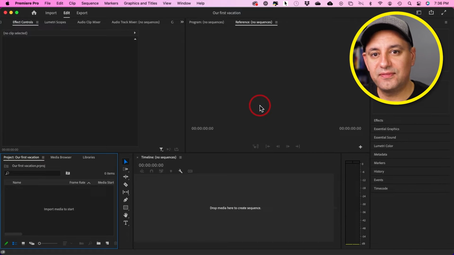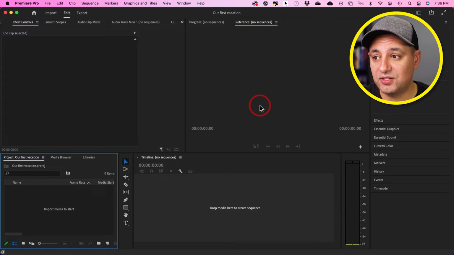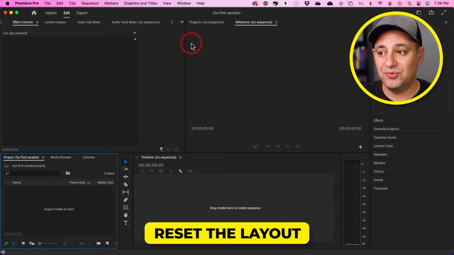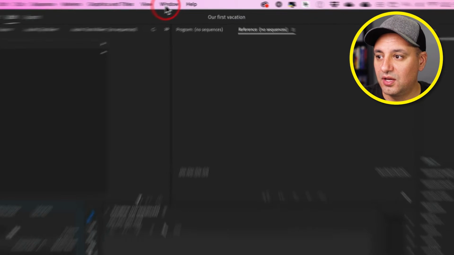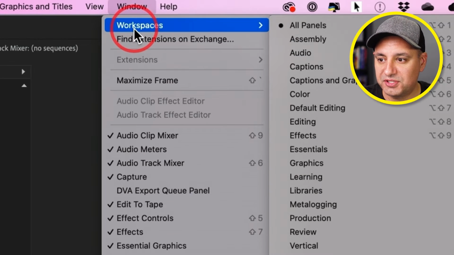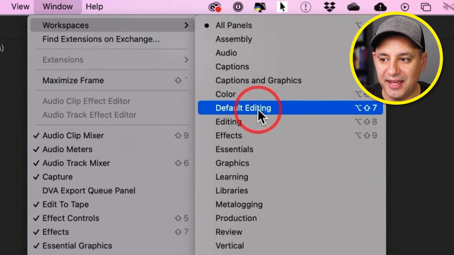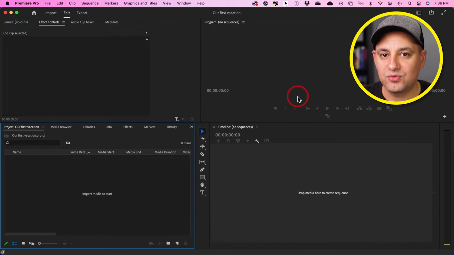Now you're inside of Adobe Premiere Pro, but before we get started, let me show you how to actually reset your layout. So you're looking at exactly the same thing I'm looking at. It's gonna make it much easier to follow along. Go to Window, go to Workspace, and choose Default Editing. Default Editing is where I always get started. It's the least confusing of all the different layouts, and I'll show you exactly how to take it from here